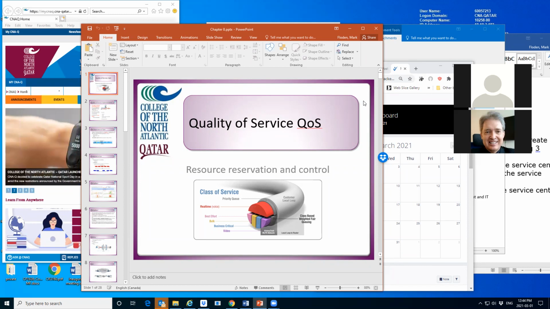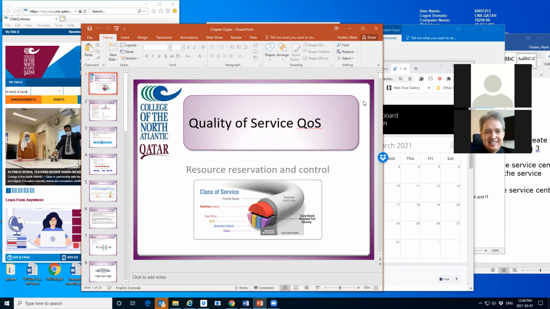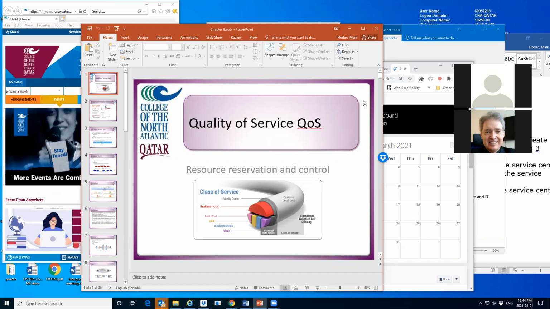Those will be specified in the service level agreement, and using the tools that are mentioned here, not these specifically because they do change from time to time. We do have ongoing improvements in technology, but using particular tools, they're able to guarantee a particular quality of service in a service level agreement at a certain cost.